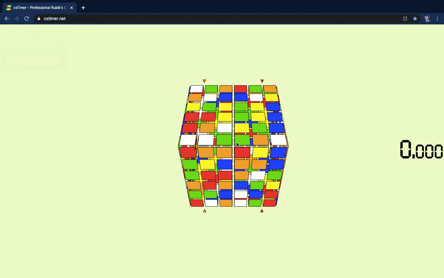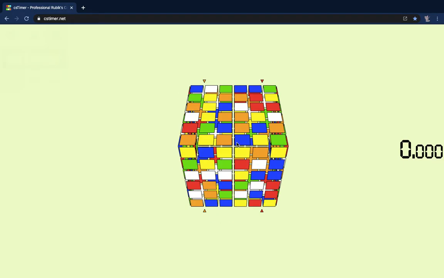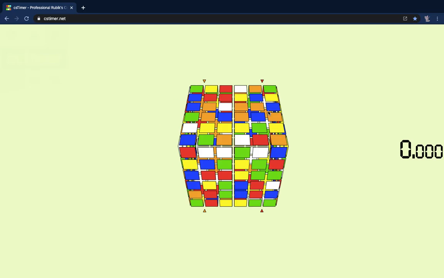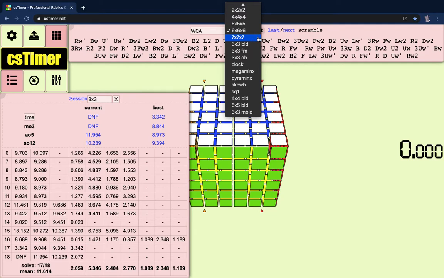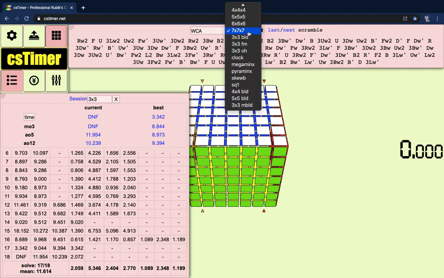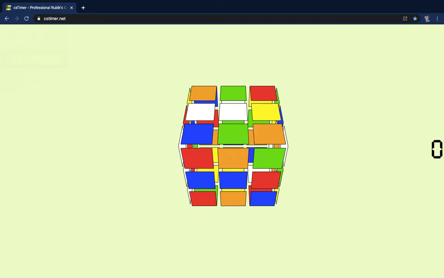Now, I don't solve anything bigger than 5 just because I'm lame and I haven't gotten into any of that yet. But yeah, all this stuff's really cool. With that said, because I don't solve anything bigger than 5 right now, I don't know what these triangles are or any of that stuff. But someone out there who's actually educated on solving 6x6 and 7x7 virtually probably understands all that. And hopefully someday I will too. I'll probably almost definitely get into those events eventually. There's 7x7. Now, as for things like 3x3 blind,